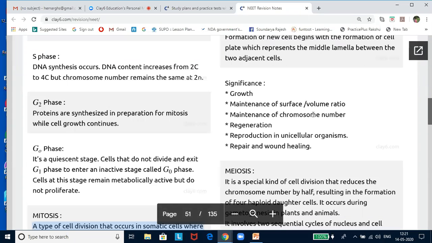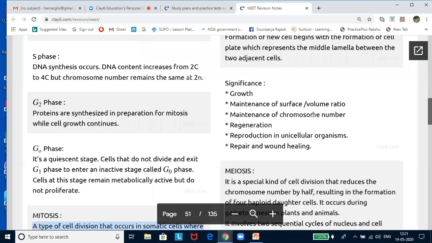We have listed it as growth. As a result of mitosis, two daughter cells that are identical to each other and the mother cell are formed. It ensures that the daughter cells have a genetic identity both qualitatively and quantitatively similar to the mother. That is the reason why we find that the chromosome number is the same, and it forms the basis for the continuation of organisms in the lower forms.